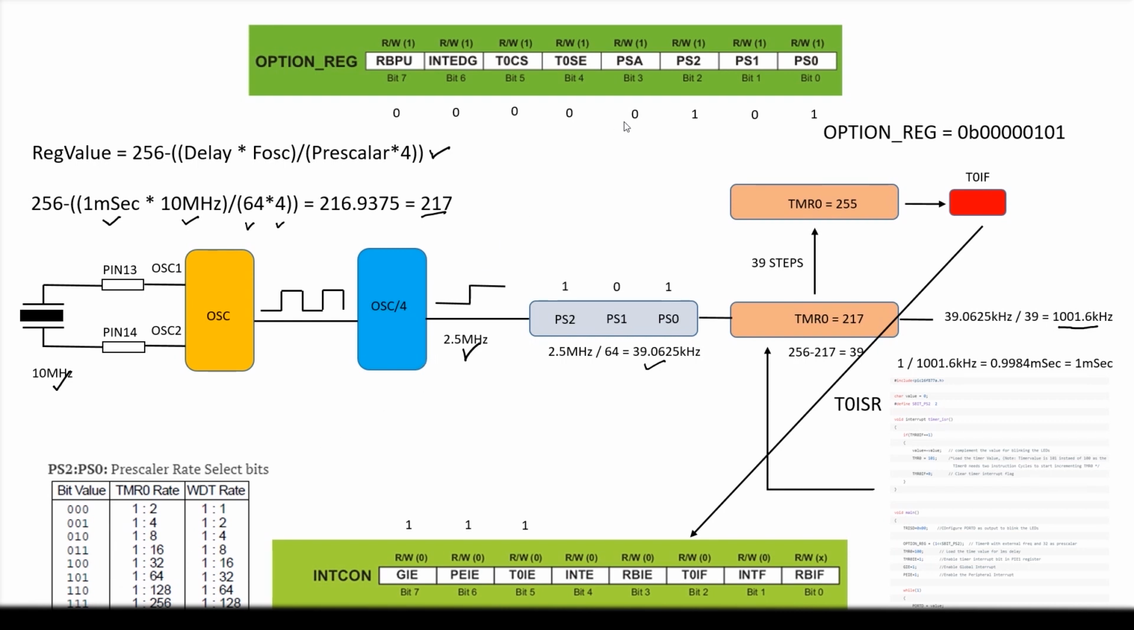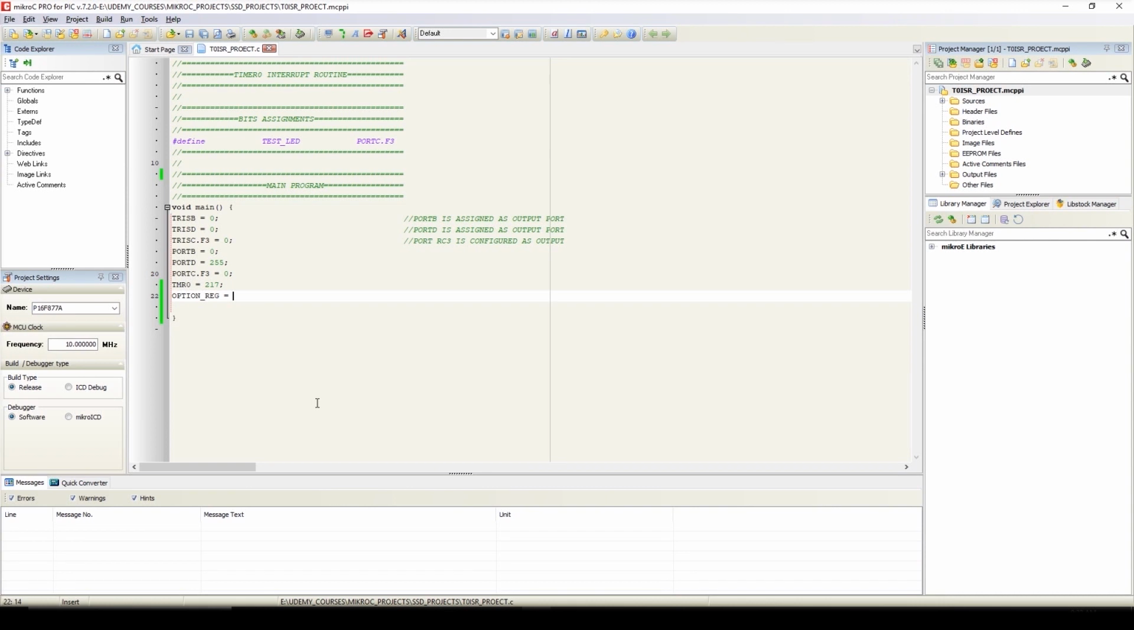We'll select PSA bit as 0. We'll select T0SE bit as 0. T0CS bit will be 0. INTEDG bit will be 0. And port B pull-up register bit will also be 0. So here we have the binary value that we will assign to the OPTION_REG. Now we'll assign the value to OPTION_REG, that is 0b